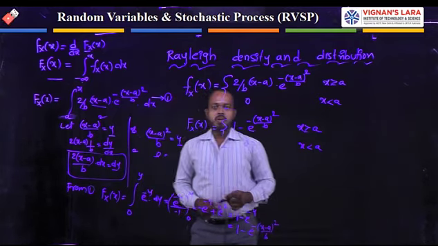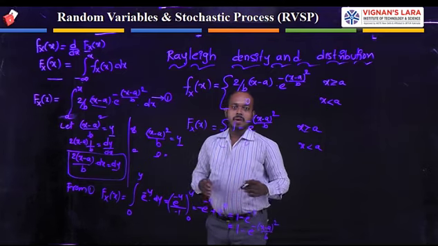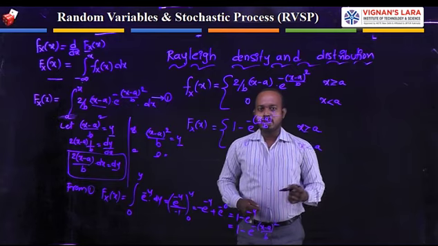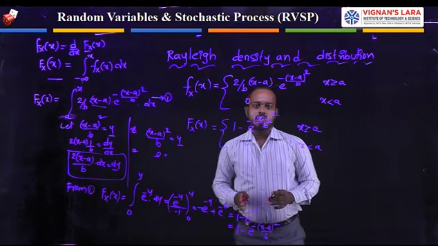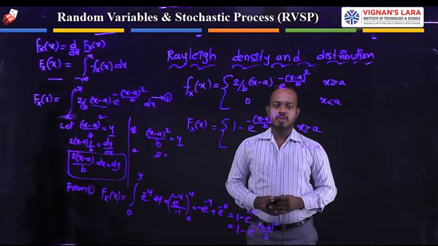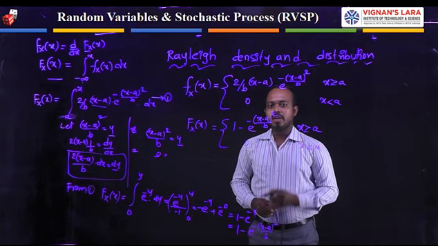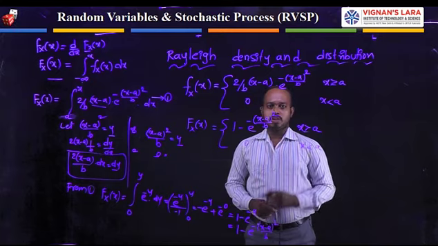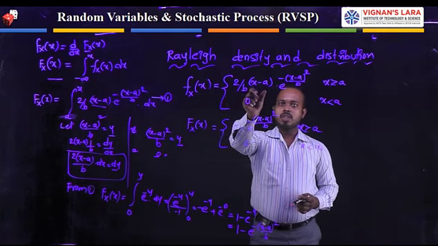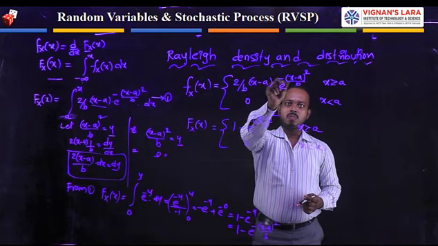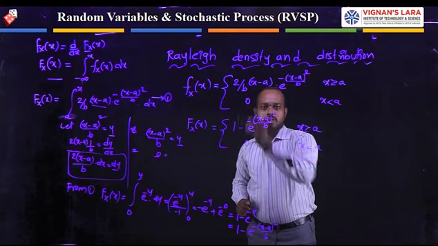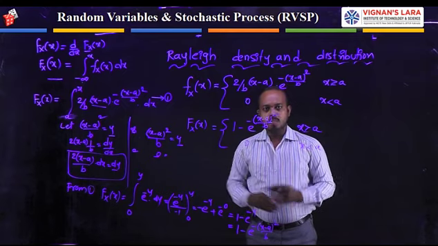Now you need to find the maximum value for a density function. How to obtain the maximum value for a density function? We must differentiate the density function and equate it to 0. Equating to 0, we obtain the maximum value of the density function. Here, what is the density function equation? It is 2 by b (x minus a) into e power minus (x minus a) whole square by b. Now I am differentiating this equation for obtaining the maximum value.